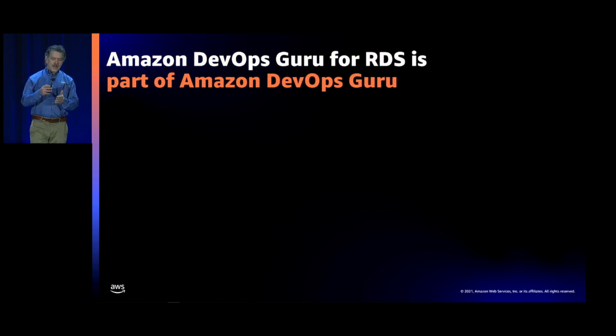I'm going to pause for a minute here and just explain what the difference is between DevOps Guru and DevOps Guru for RDS. DevOps Guru is a service that's been available on AWS since last May. Basically, what it does is look across your whole application stack for problematic behavior and then tell you what's going on. DevOps Guru already includes RDS and Aurora in its analysis, but up until now, it hasn't included a database deep dive.